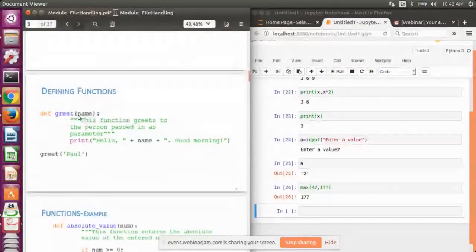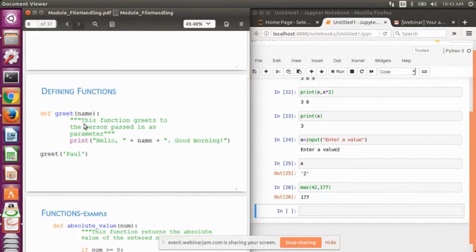So I have passed the parameter name in the open and closing brackets, and then colon. This first statement is the necessary thing. Whatever I have given below this first line is considered a part of the function definition.